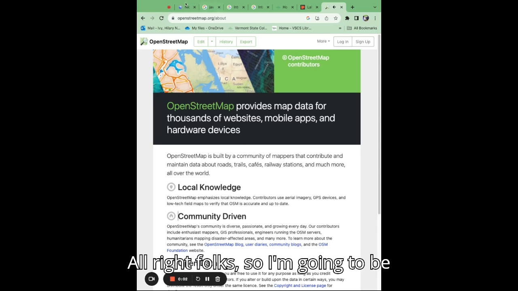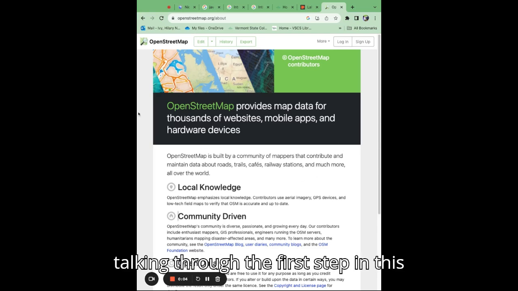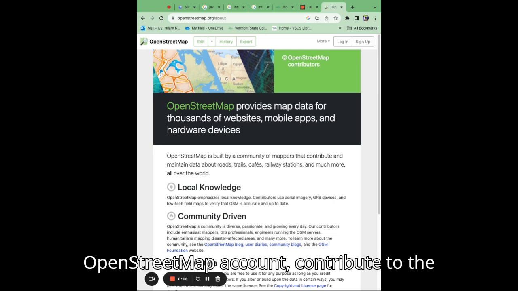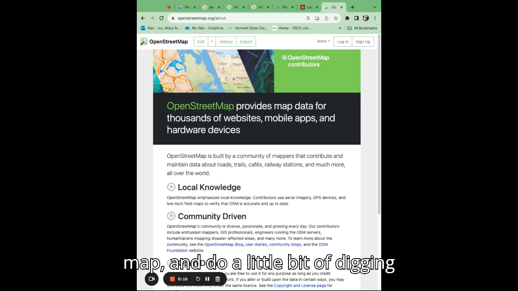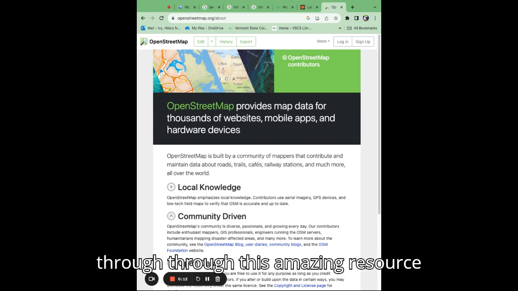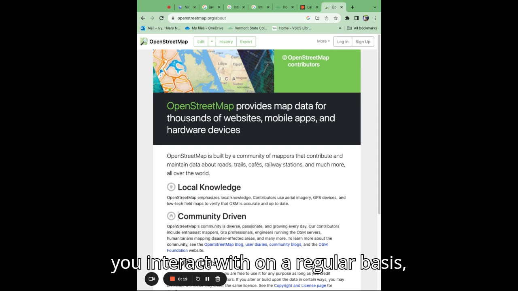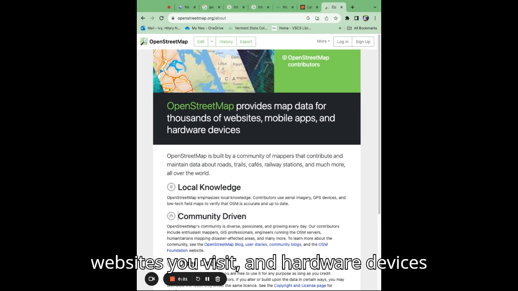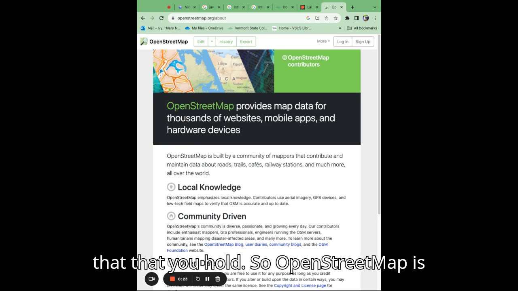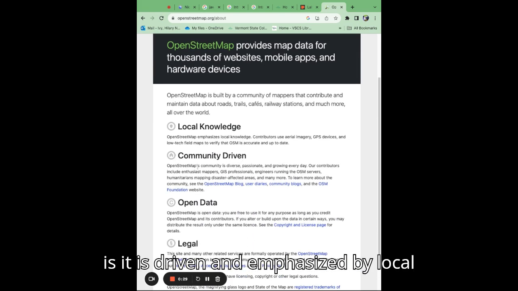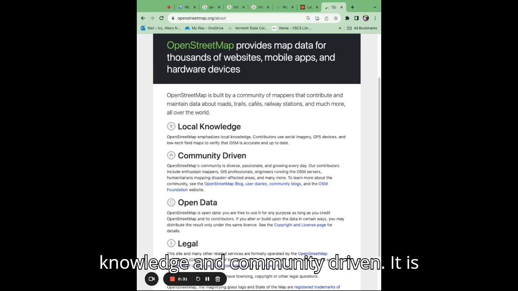All right, folks. So I'm going to be talking through the first step in this week's lab, which is to sign up for an OpenStreetMap account, contribute to the map, and do a little bit of digging through this amazing resource here that underpins many apps that you interact with on a regular basis, websites you visit, and hardware devices that you hold. So OpenStreetMap is a community-based effort, and it is driven and emphasized by local knowledge and community